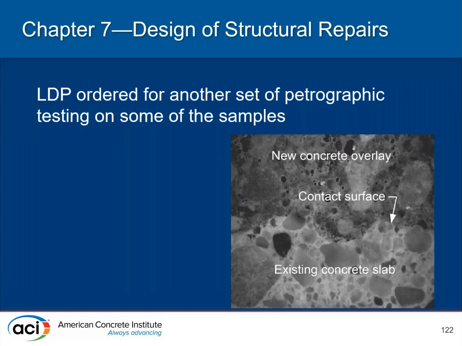So the LDP ordered another set of petrographic testing on some of the samples to show the intimate contact between the new overlay and the existing concrete slab. I guess the important takeaway here is that while pull-off testing can be somewhat variable, it can be useful and helpful in identifying issues with regards to bond and bond capacity and tensile bond strength. And also petrography can be helpful as well if conditions are identified through testing that call into question the bond